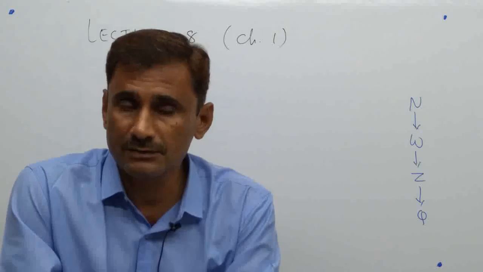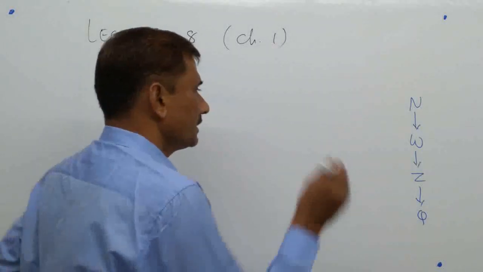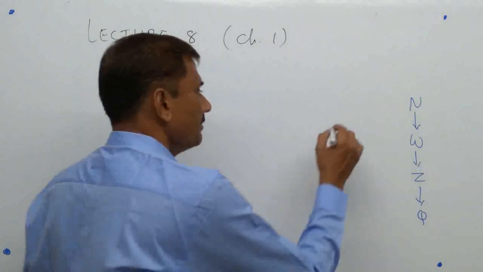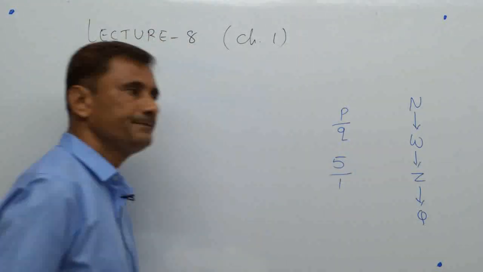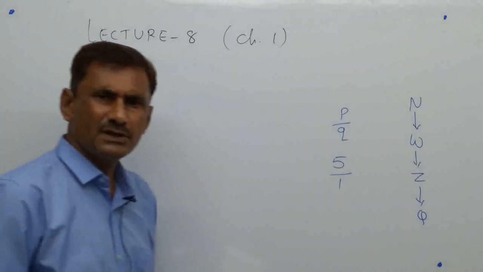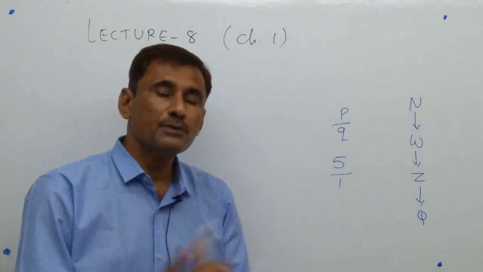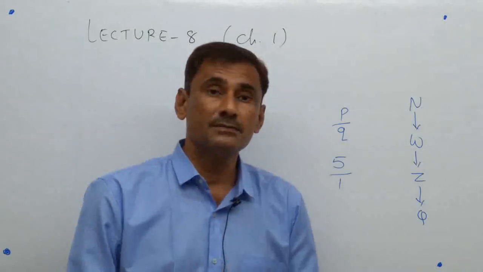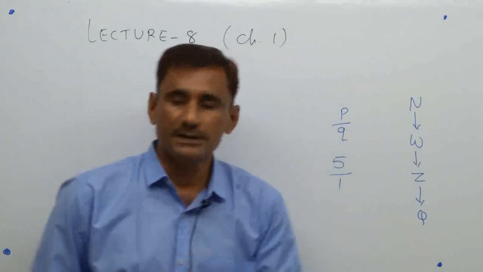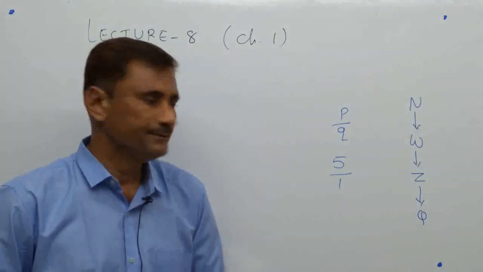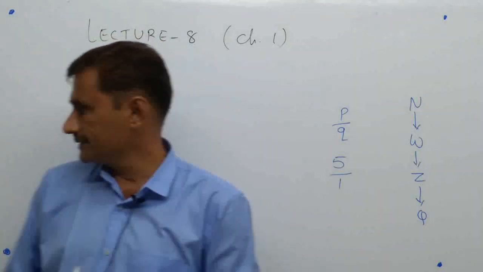So your roll number is a rational number. Your height and weight are also rational numbers. And a rational number is denoted in p by q form. Suppose your roll number is 5, then you can write 5 by 1. So any rational number can be denoted in p by q form. But apart from rational numbers, whatever numbers there are are called irrational numbers; they cannot be denoted in p by q form. Right now we will not discuss irrational numbers. But rational number means any number. It is now the largest set for us.